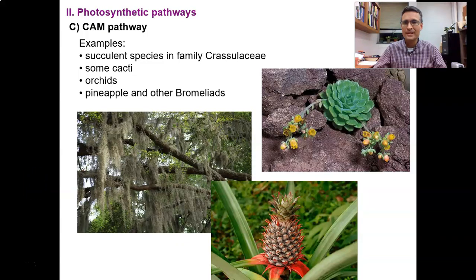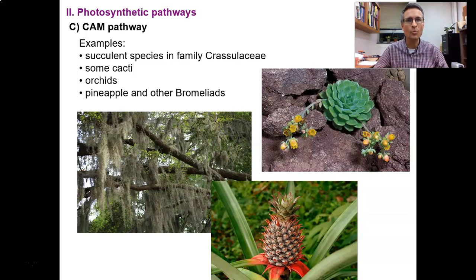In addition to orchids, there are probably several other CAM plants that you have heard about. So if you've ever had a succulent plant, and as I watch people growing plants in their houses, including students in their dorm rooms, I see a lot of succulent plants. They're very commonly sold in stores because they don't need a whole lot of care. They can take a whole lot of abuse in terms of not being watered frequently, growing in